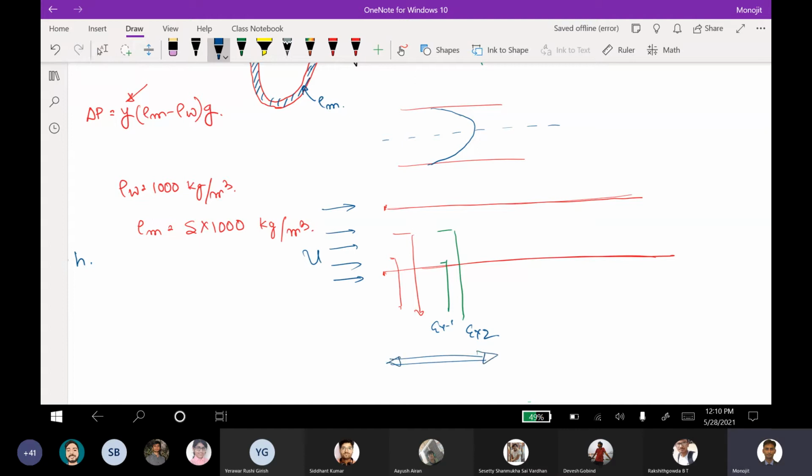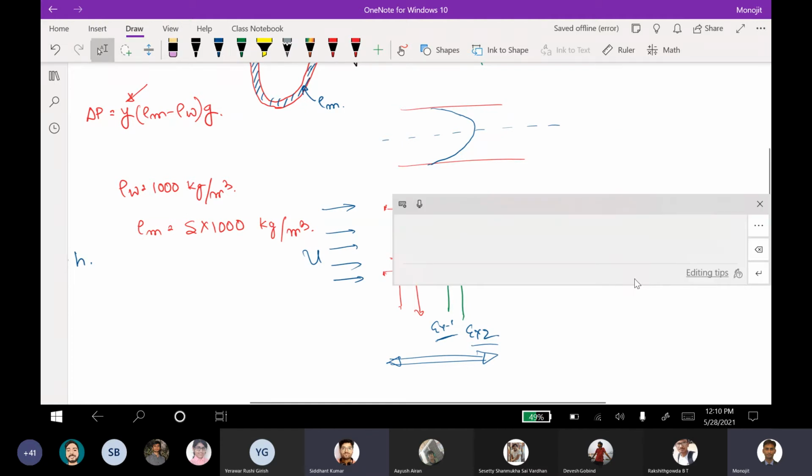Now, can any one of you tell me, if I position these two, experiment 1 and experiment 2, where I should get a higher value of y? Sir, could you repeat? So I am positioning this pitot tube in one experiment. In experiment 1, I am putting the pitot tube very close to the wall of the pipe, and in experiment 2 I am putting the pitot tube very close to the center of the pipe, at the same cross-section. And the cross-section is located close to the entrance of the pipe.